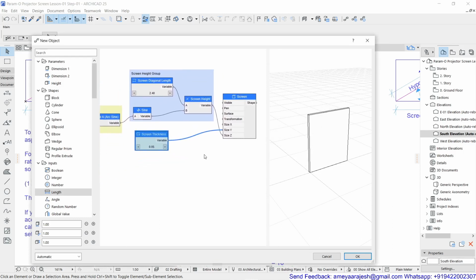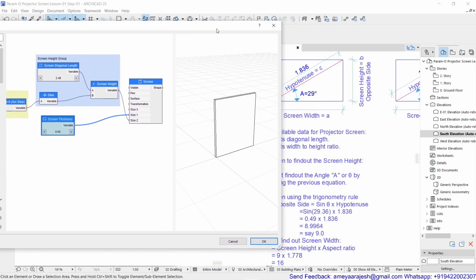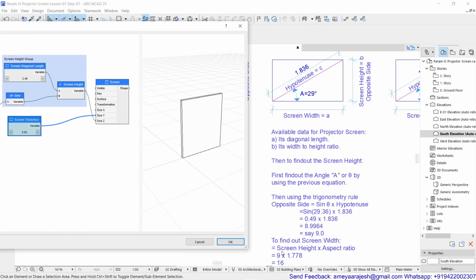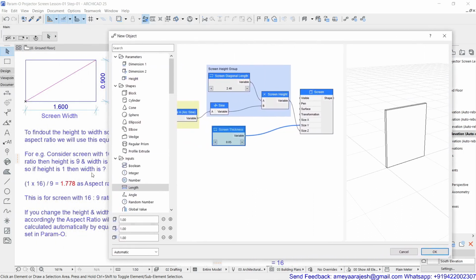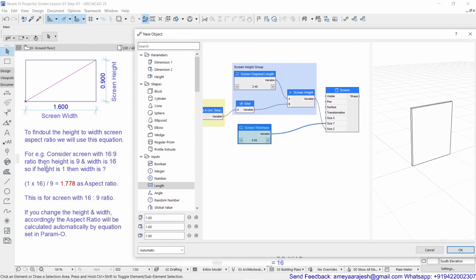Now this is how it is working. And the last step now, that is width. To define the width, if you check out, it is already mentioned that we have written over here screen height into aspect ratio. And the aspect ratio we have already identified by the first equation which we wrote.